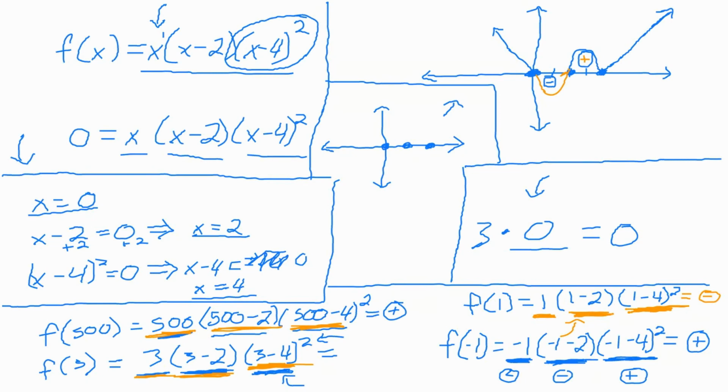You can look at the exponents and go, well, the first zero has an even exponent, so I'm not going to change my sign. The next one has an odd exponent, so I must cross. The next one has an odd exponent, so I must cross, and you're done. So you can actually complete this entire problem by doing, so you're given this, you can do this work right here,